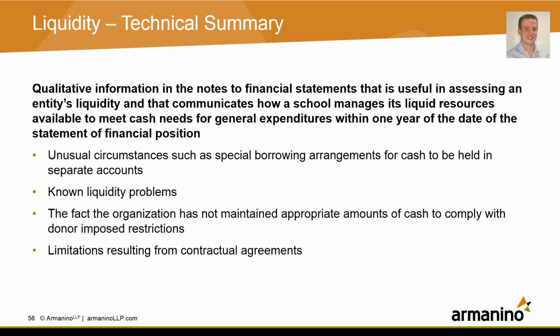So this is one of the biggest changes, as I mentioned, and I think what they're doing with this change is aiming to aid in transparency of liquidity for not-for-profits. So you're all aware, your board members, your finance committee members, many of them are for-profit people, and not-for-profit is different. And with the way not-for-profit reports, it can look like your liquidity position is way better in one year than it may be in actuality. And I think what this disclosure does is really give the user of the financial statements a true representation of